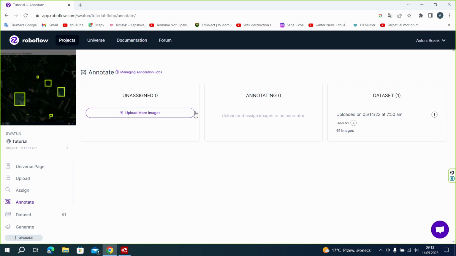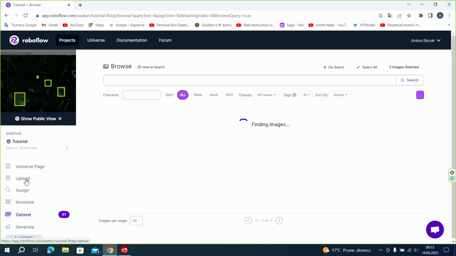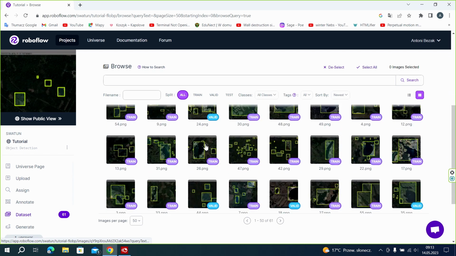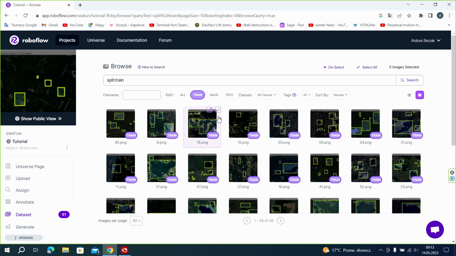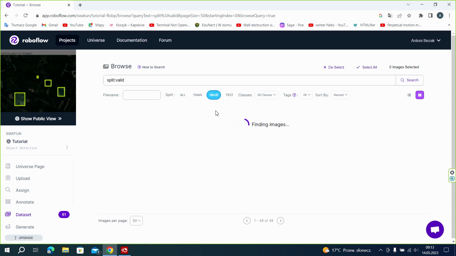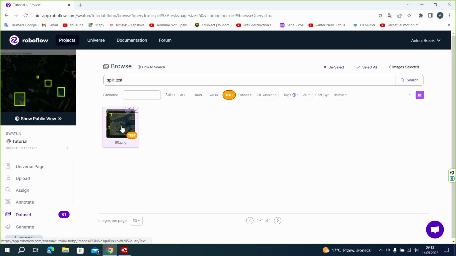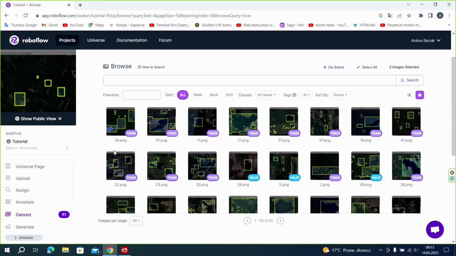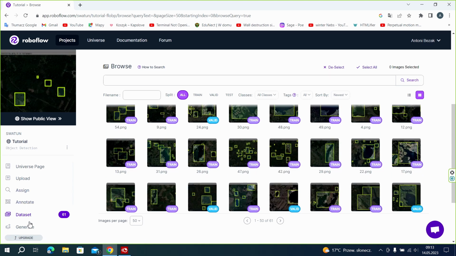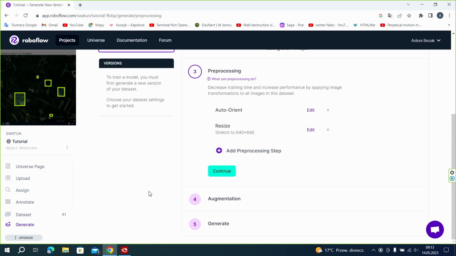So here I have my data set, and as you can see, these are train and valid images. Here I can say only train and here only valid. And we have one test image. So now I can go to generate, and here